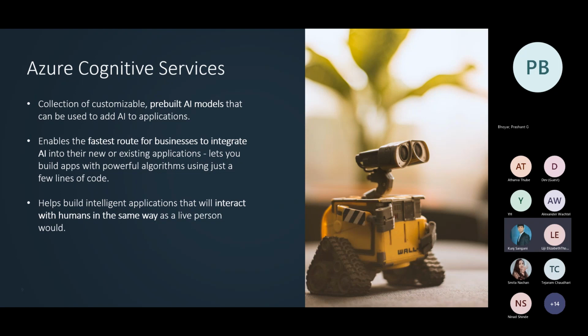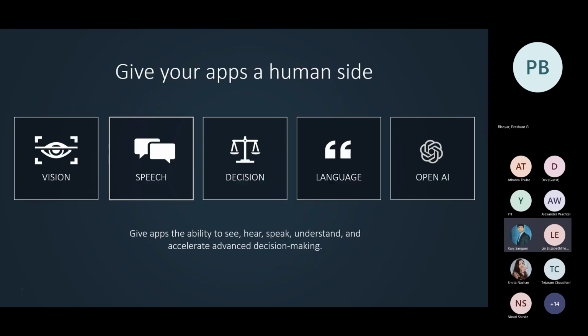So in case you're wondering if you can create an application that is as intelligent as Wall-E, to understand sentiments, emotions, opinions, and the meaning of what someone is saying, it might be possible. If you want to give your apps a human side, an intelligent side,